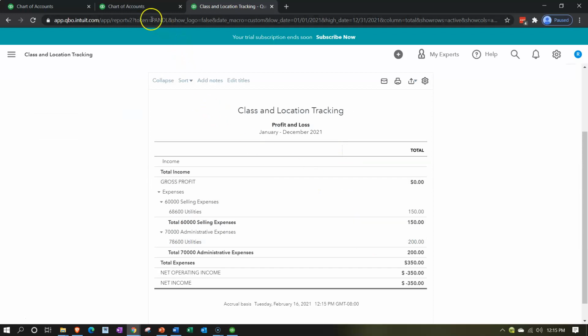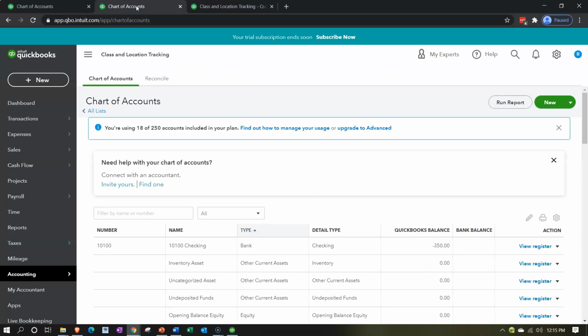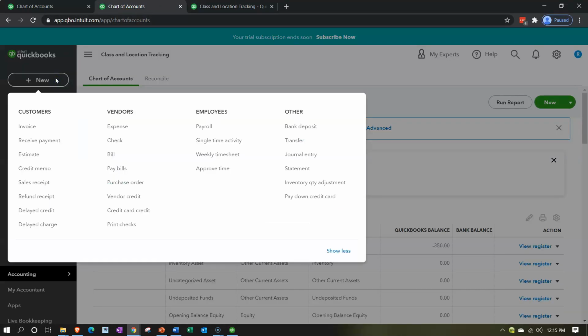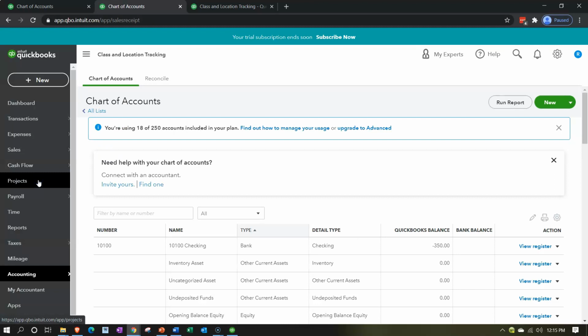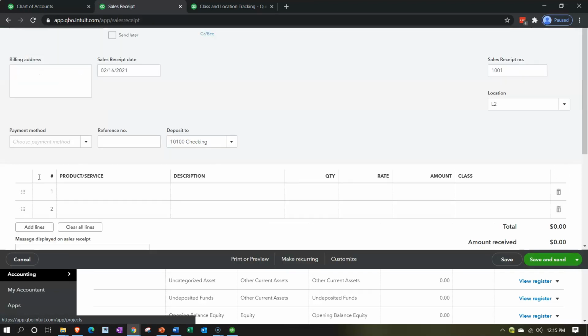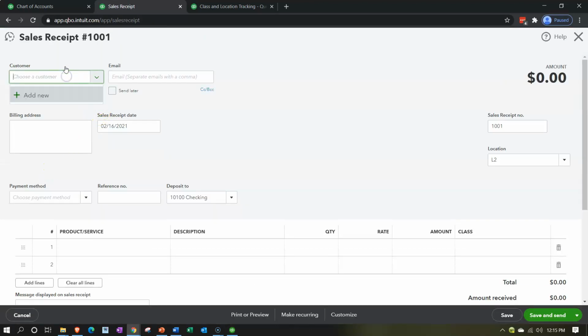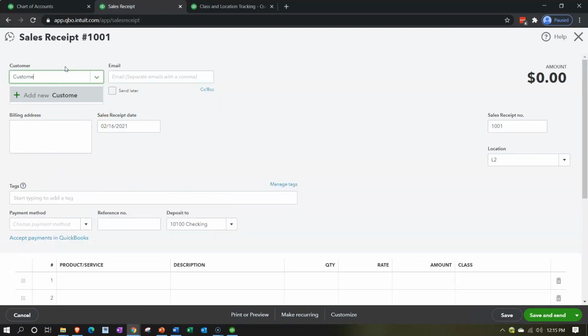Let's go on back over to the second tab now, and let's enter some more data. I'm just going to enter a couple forms here. Let's say we're going to enter a sales receipt. So I'm going to say sales receipt just to give us an income line item. So sales receipt, and I'm going to say this is going to go to customer 1. So I'm just making up a customer name so that we can start to populate our form here. So it looks more interesting. And I'm going to make this on